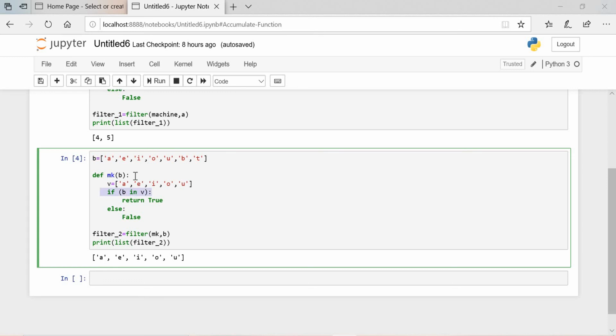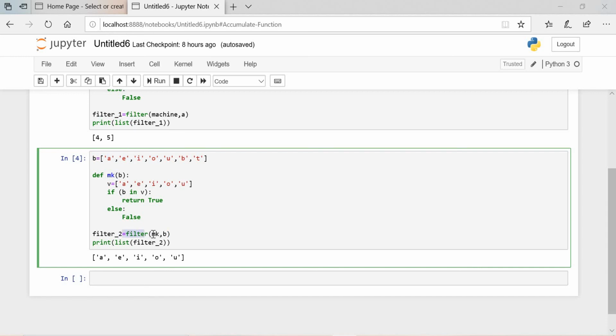If b in v means the elements inside this b value, if that element is in the v vowels, then return true, else return false. So a, e, i, o, u are the common values here. Then it will print true. Then whatever the true values are, it will print them by this filter function.